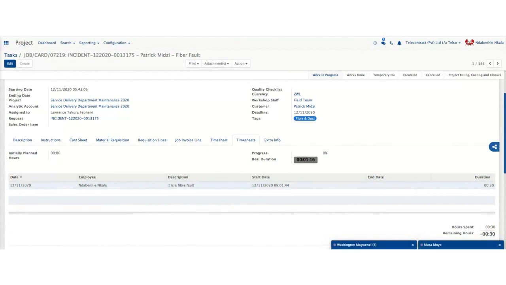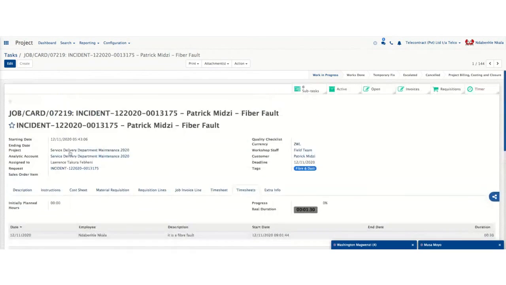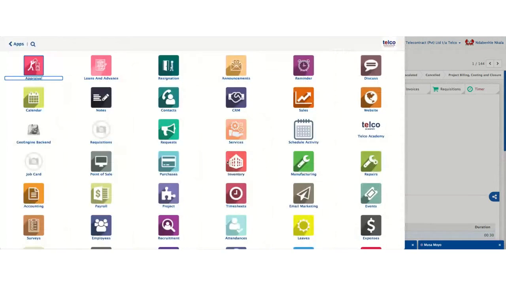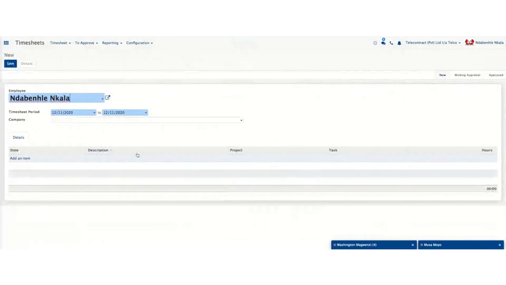Don't wait till tomorrow morning. Do it immediately. That's why you've got data. That's why you've got connectivity, even when you're at the customer's premises, all the more reason for us to do it then and there. All right, so let's say end of the day comes. At the end of the day, you change views. Now we want the view that is the timesheet view. And if I've captured my information in the job card already,